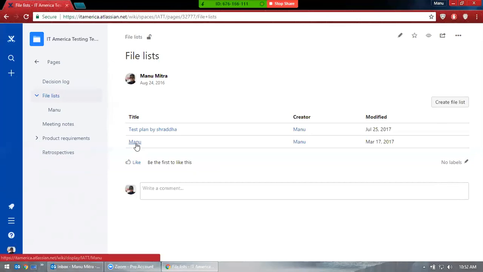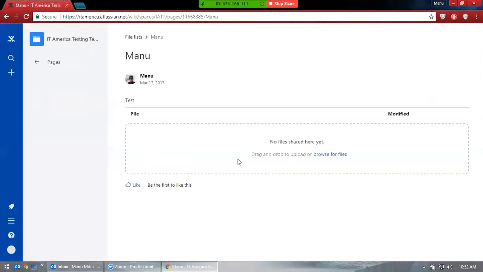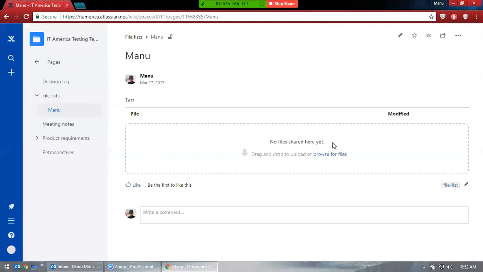Once you have done that, click on this. Here you can upload your document. It's normal in the file list. But this is a little bit convoluted process. It's really not easy, because I don't think there should be any file list. They would have done it in product requirements, and I can upload in product requirements because it's basically requirements, right? So it's really not very user friendly, because it just makes confusion